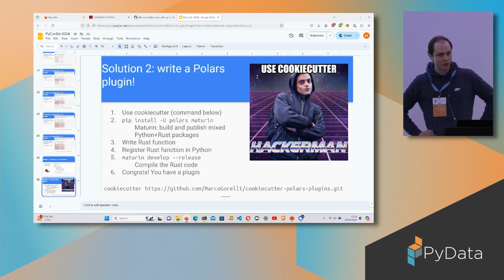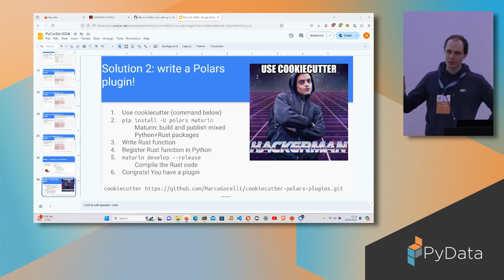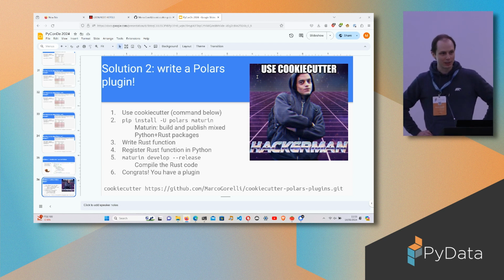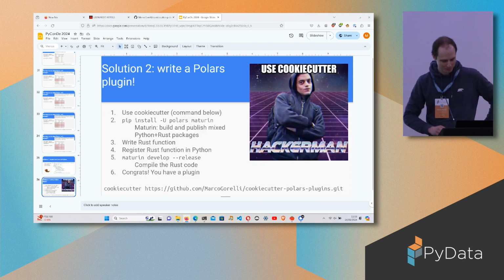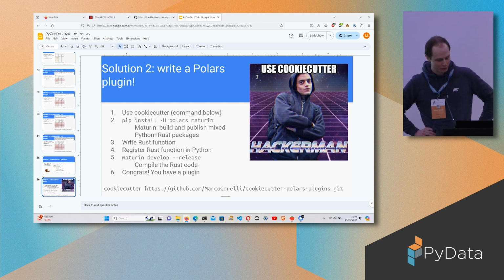Then comes the hard part, writing a bit of Rust logic, but my claim is that it's easier than you think, and we'll cover a bit of that today, especially if you're just trying to beat Python implementations of numeric functions. You don't need much Rust knowledge. You can just kind of write it as you'd write Python and then let the compiler tell you what you've done wrong and get something together. Polars itself deals with a lot of the complicated parts for you. After that, you'll need to register your Rust function in Python. Then you can compile your code, and very important, step 6, do not forget this one, celebrate,